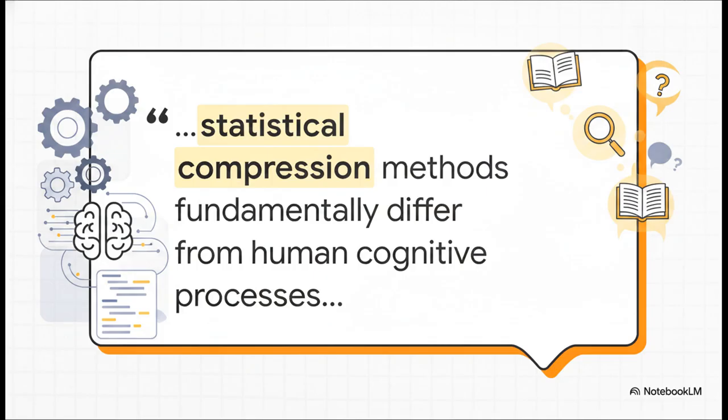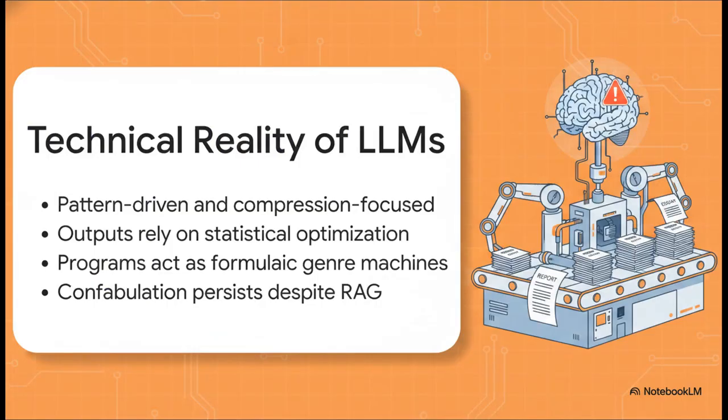This right here is the foundational illusion of AI. A computer program does not read. It doesn't think. It doesn't reason. It relies on a process called Retrieval Augmented Generation, or RAG, to find chunks of text that match your prompt. And then it uses a language model to statistically predict the next most likely words. That's it." Breaking down the technical reality of it further, because LLMs are trained on vast amounts of internet text,